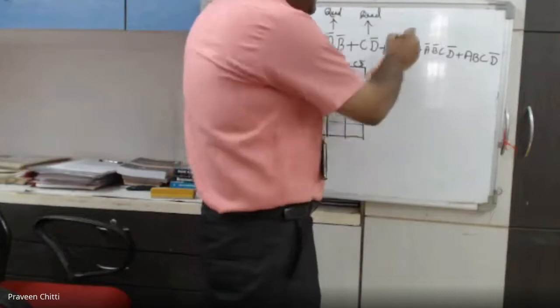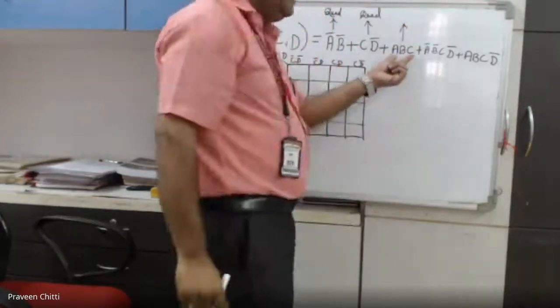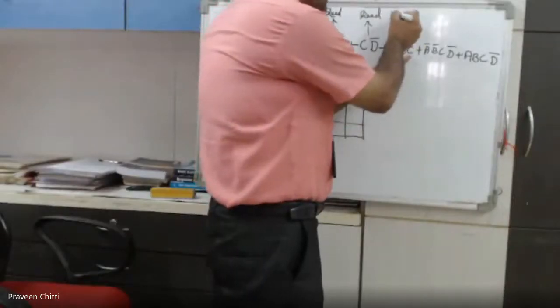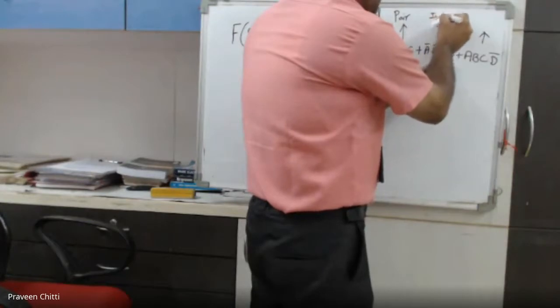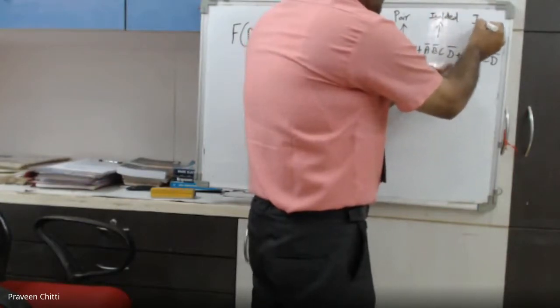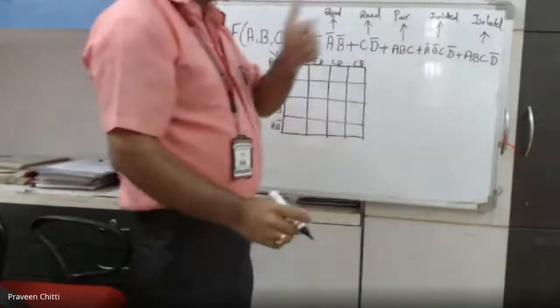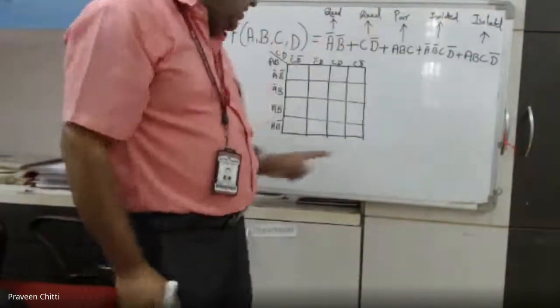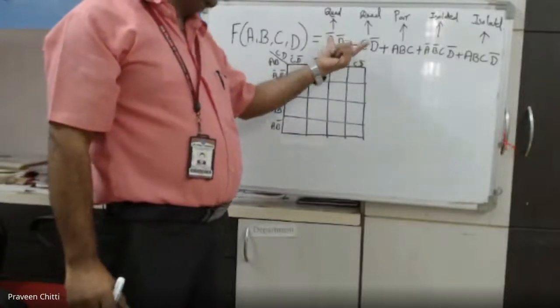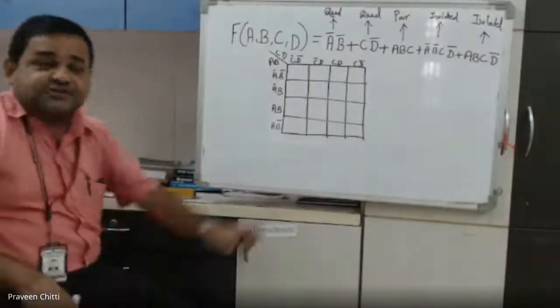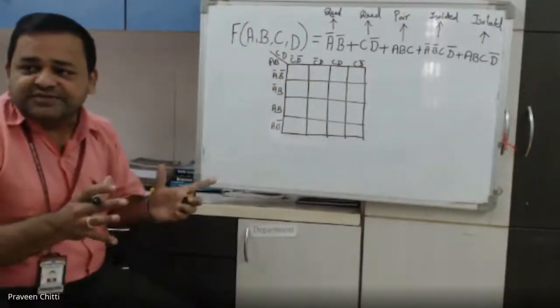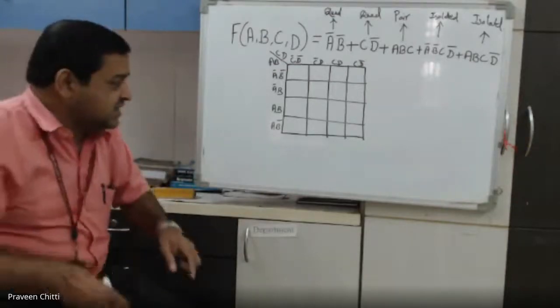Then how do you get A, B, C? How many variables are eliminated here? 1 variable. So how do I get A, B, C? From a pair. And these, no variables are eliminated here, so they are isolated ones. So these many groups you have to form: 1, 2, 3, 4, 5. There should be 5 groups. Out of 5 groups, 2 should be quads, 1 should be a pair, and the remaining 2 are isolated ones, because none of the variables is eliminated there. So they have to be isolated.